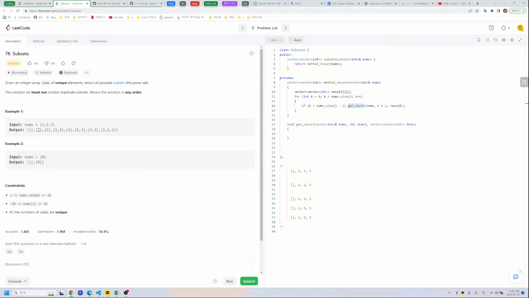Yeah, so the last one, get subset. So we'll get this. Or get subset. And then